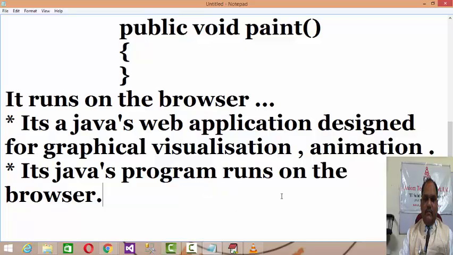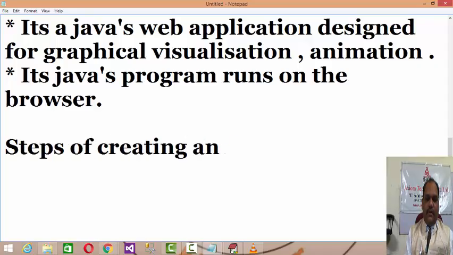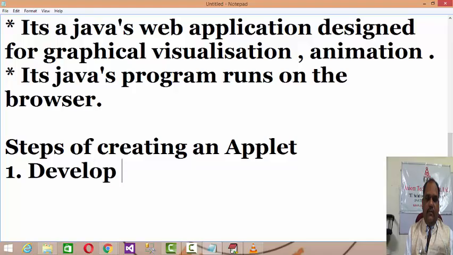Let us discuss what are the steps of creating an applet, right? First, develop a Java code, right, and compile it.